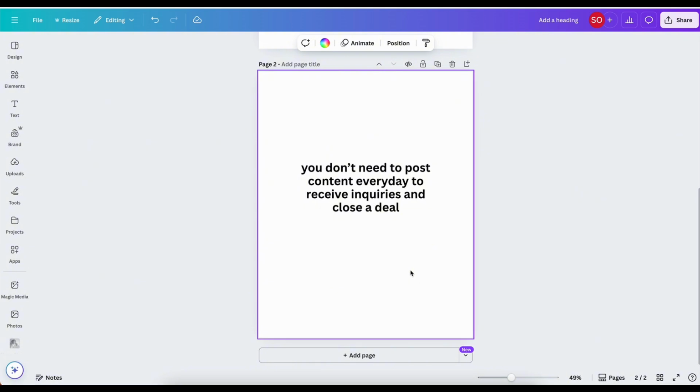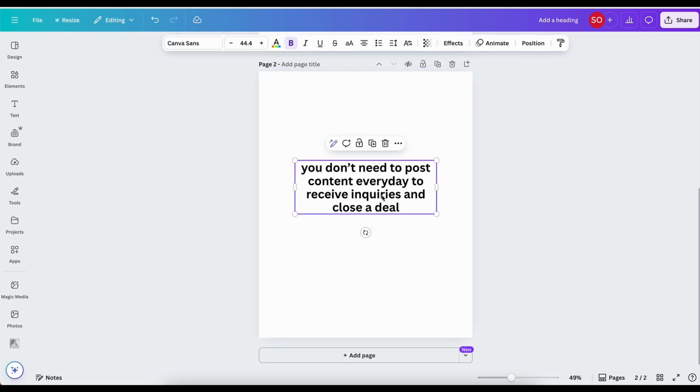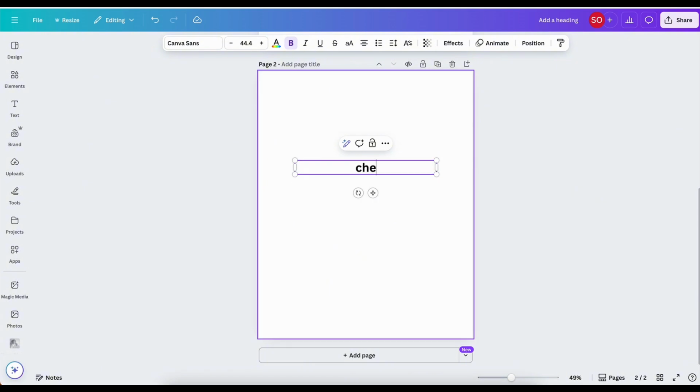Because on Instagram, if you are creating a carousel, the second slide, or second hook, is important. So our second hook is something that will make them stop the scroll as well. I think it could be: check how I made this travel account receive